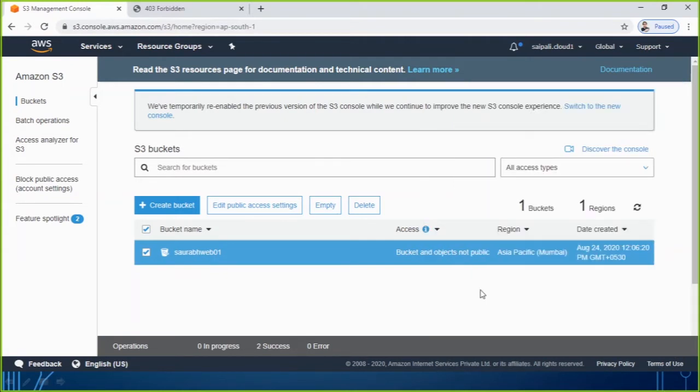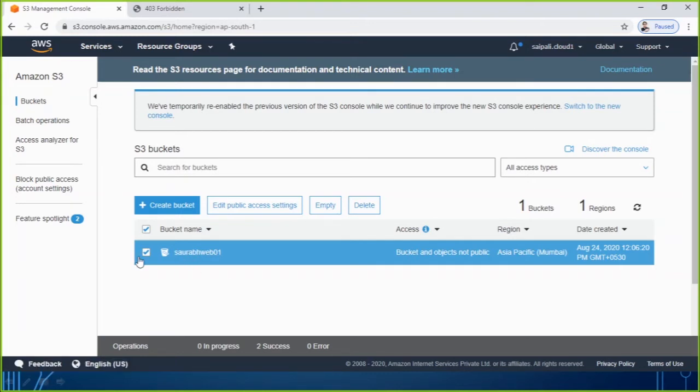Now the next task we are going to do. Only making the bucket public is not going to work for us, because we have learned in the last session that even if you make a bucket publicly accessible, whatever file you upload inside the bucket is not going to be allowed for public access by default. You have to make them public one by one. So that is the next task we are going to perform here.